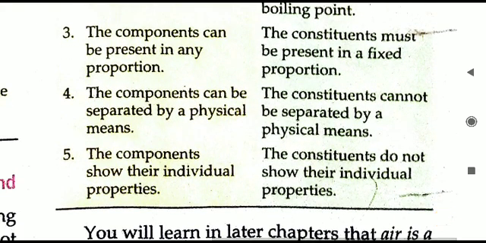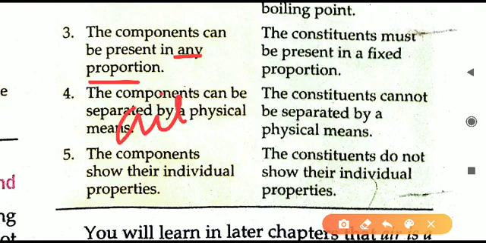Next one, the components can be present in any proportion like air. Air के अंदर different gases होती हैं and different gases can be in any percentage, or we can say any ratio, not percentage, in any ratio. Like in polluted air more carbon dioxide is there, or in the village areas, in the outer areas of the city, we can say clean air is there. In the center of the city, in the marketplaces, polluted air is there. So same air is having different amount of oxygen and carbon dioxide.